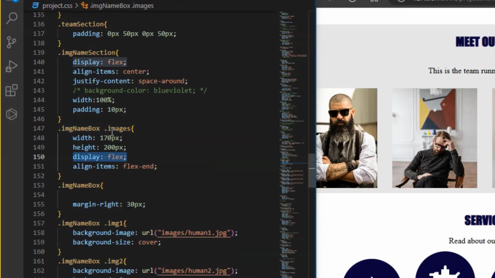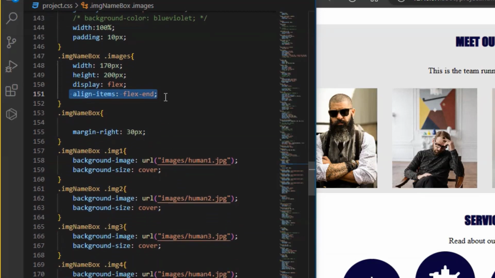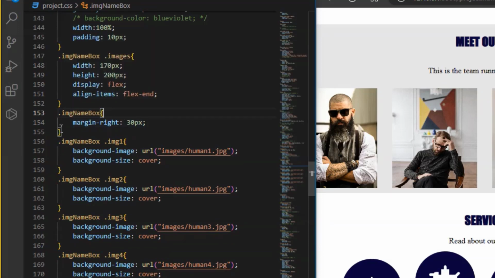So this one, images, has only one div inside, and I think that is this one. So I made it place and then aligned the item to fit it, because I was playing around with this one too. So that is the best I can do. And then